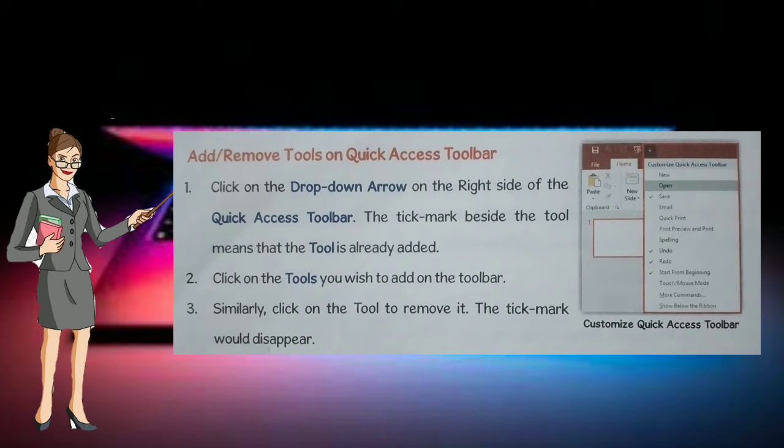Just click the tick mark again and it will disappear. Okay students, this way you can add and remove tools on the quick access toolbar. Whatever you want you can keep, otherwise you can remove it.